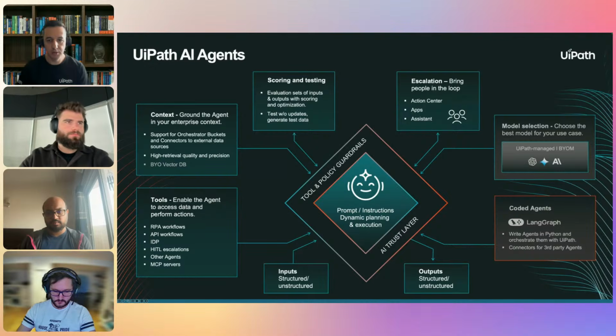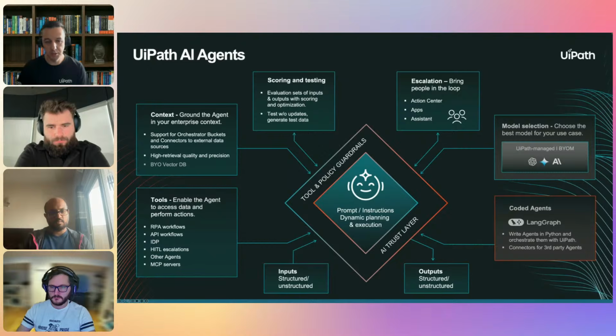Now we support as input both structured and unstructured, but we also have evals to measure the quality over time, and of course with escalation and human in the loop powered by our Action Center apps and assistant as well. One thing that we'll deep dive into today is coded agents,